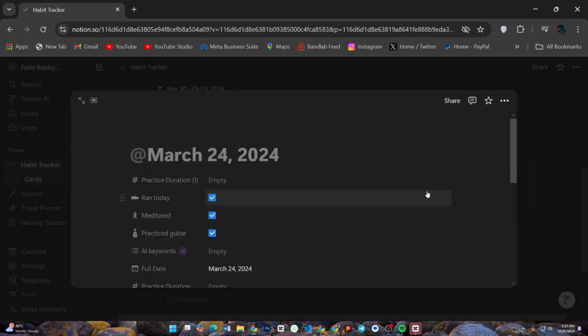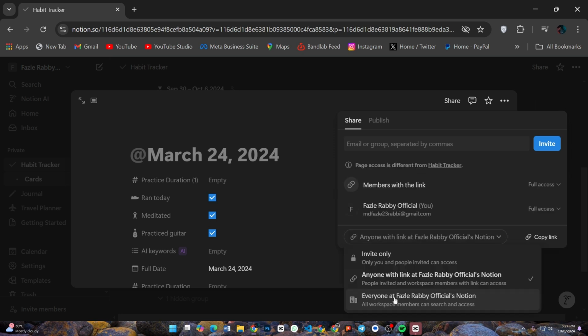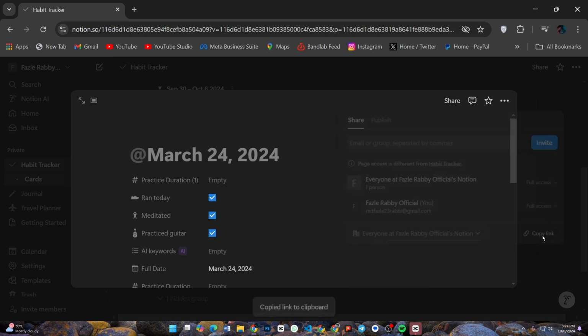Then click here. Once your template is ready, copy the sharing link by selecting share and enabling access for anyone with the link. Then copy the link. After that, go to Etsy